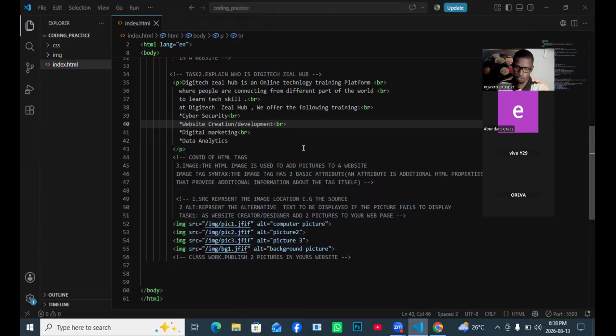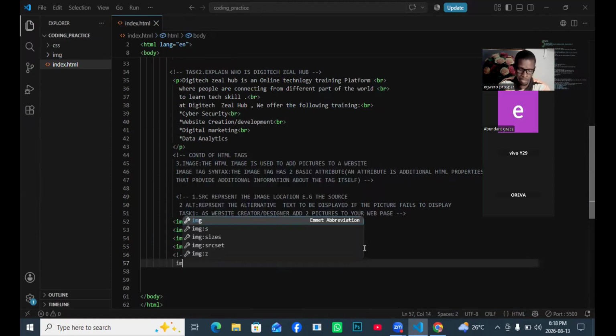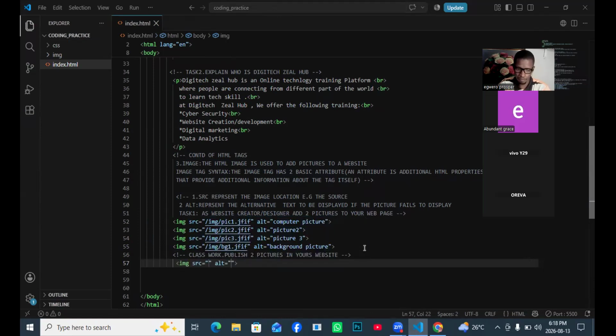So now, for you to publish a picture, that is why you can see that we have 4 pictures published. That's why we have these 4 image tags. So whenever you want to publish a picture, you just type IMG. Make sure you type it in small letter, IMG, and then you press enter. Now, after pressing enter, you must have copied the picture. You must have downloaded the picture, or you transfer them from your phone. You can tell your parent to help you to download pictures in your laptop or your phone, and then you will now